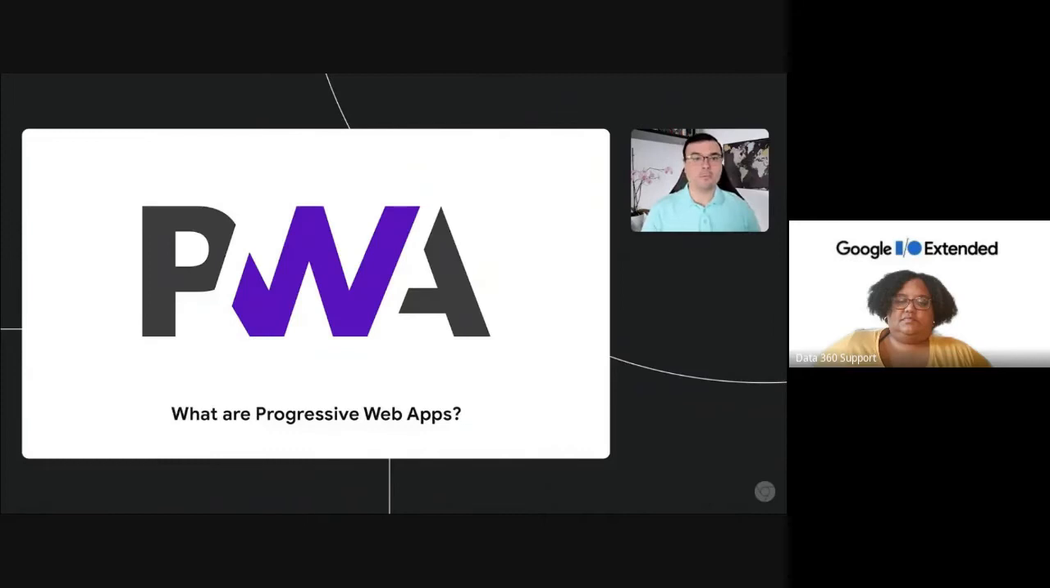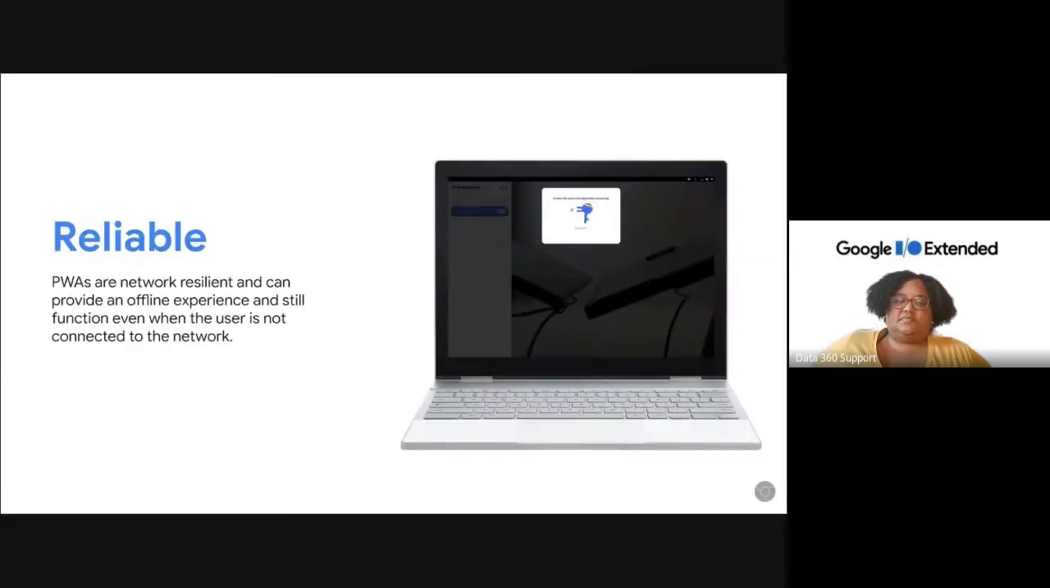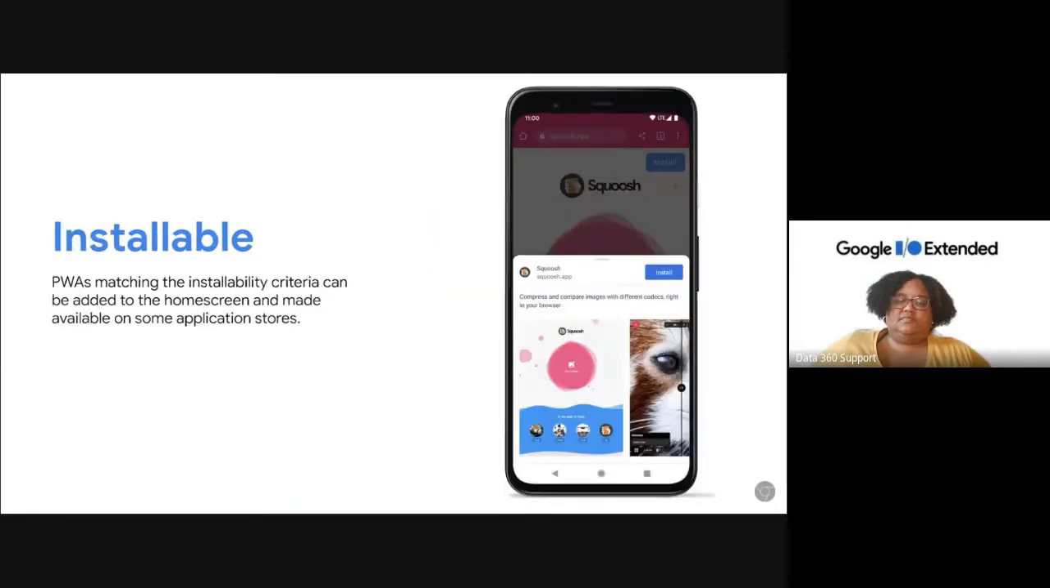Our trip starts with a progressive web app, or PWA. PWAs are just websites, but to meet the high expectations users have for an app, they are designed to take advantage of a variety of capabilities, ranging from features like push notifications all the way to devices connected to the serial port. Users expect experiences that are not only fast, but also dependable, and that provide an offline experience and still function even when the user is not connected to the network. Finally, they are also installable, and this installation can be done by either the browser or via an application store,